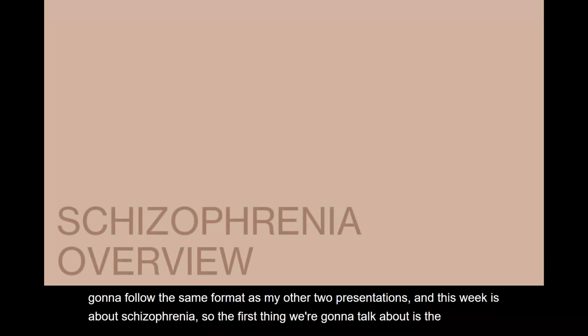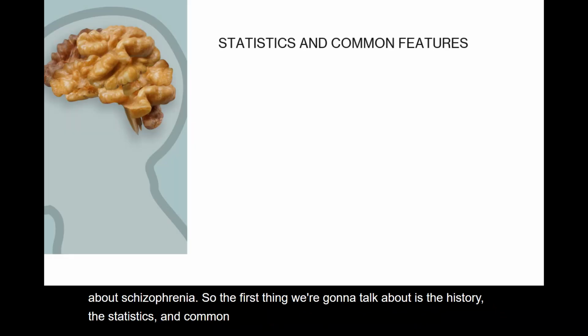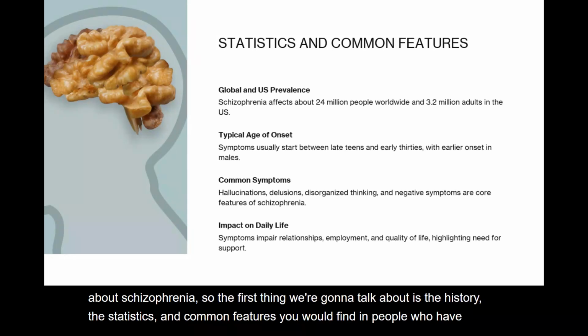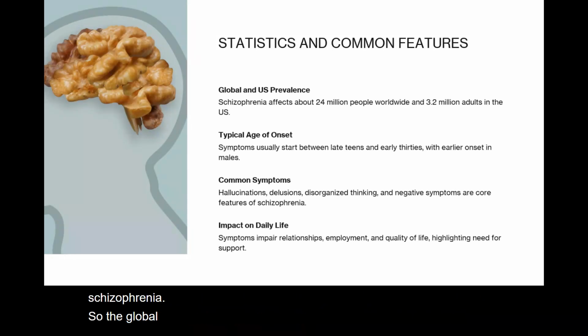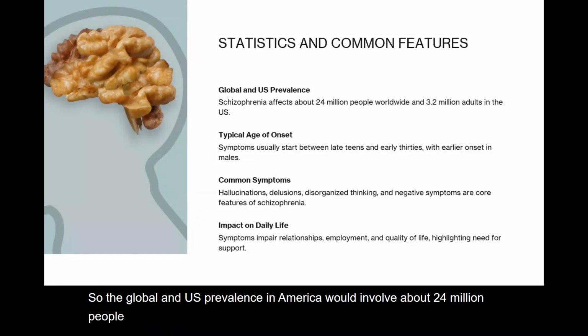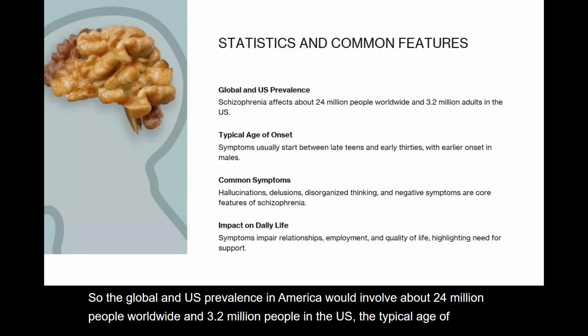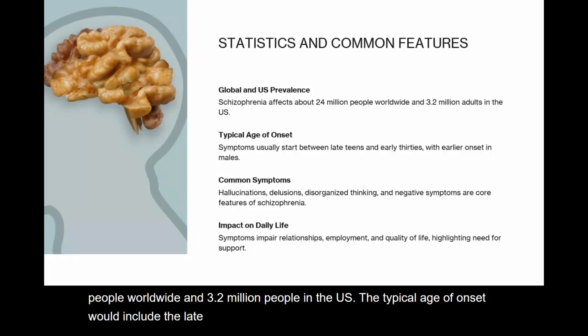So the first thing we're going to talk about is the history, the statistics, and common features you would find in people who have schizophrenia. So the global and U.S. prevalence in America would involve about 24 million people worldwide and 3.2 million people in the U.S. The typical age of onset would include the late teens and early 30s, and earlier onset typically occurs in males